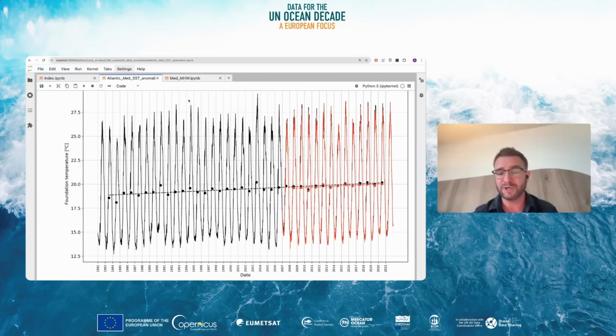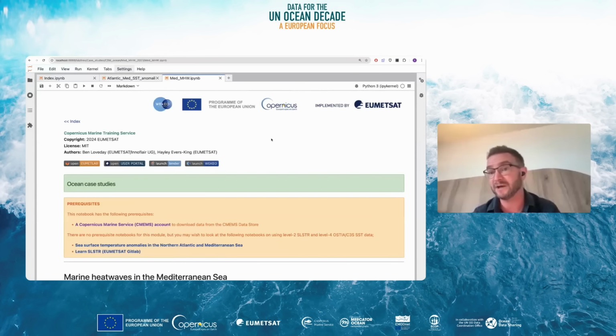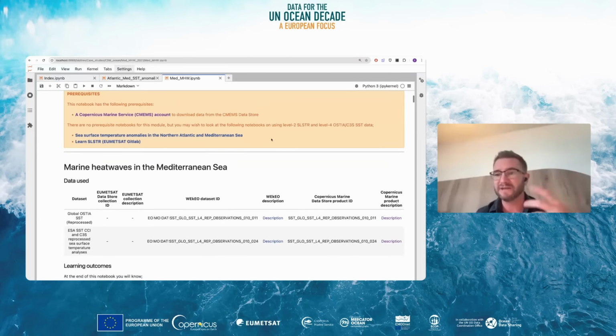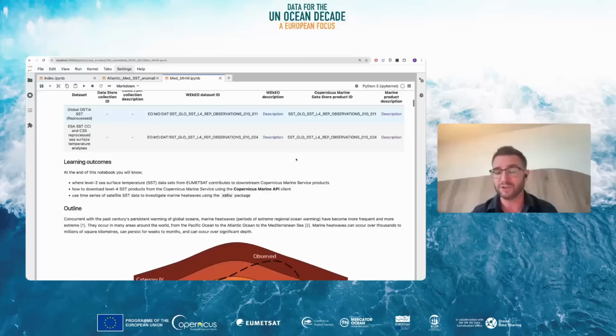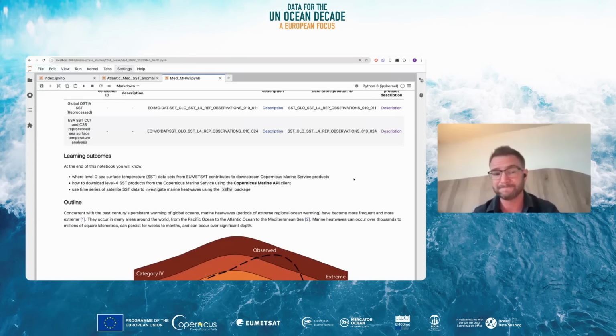The other notebook we're going to look at, which follows on directly from this one, is on marine heat waves themselves and how we define them. Just to give you a connection to the previous notebook, everything you should find in our catalog looks the same. The data sets are all defined at the top. They refer to each other as well as more resources and other case studies that we've done on heat waves. And they tell you what you will learn in each one.